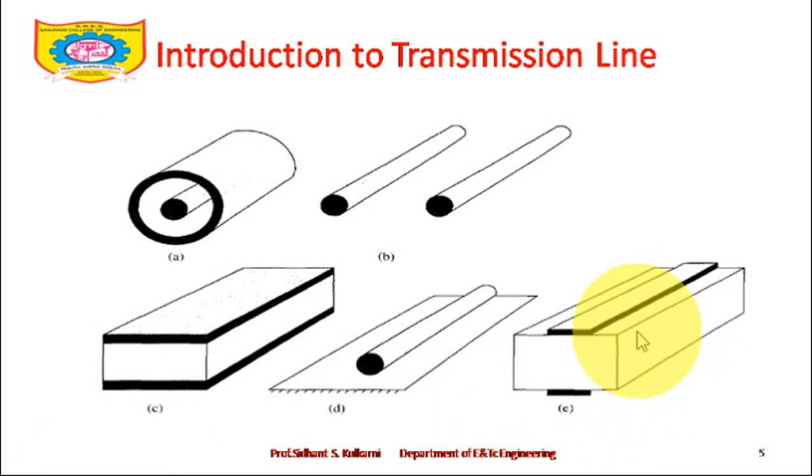These kinds of microstrip antennas are nowadays used even in mobile phones. So what I'm going to do, I'm going to give a current through this bottom conductor, and through mutual coupling it will be coupled into the top conductor, and from that those fringing fields will be radiated, and we say that the antenna starts radiating. This is also a kind of transmission line. It is called a microstrip line. Micro means very small, strip means it is a kind of strip line. So it is used at microwave frequencies. So its name is microstrip line.